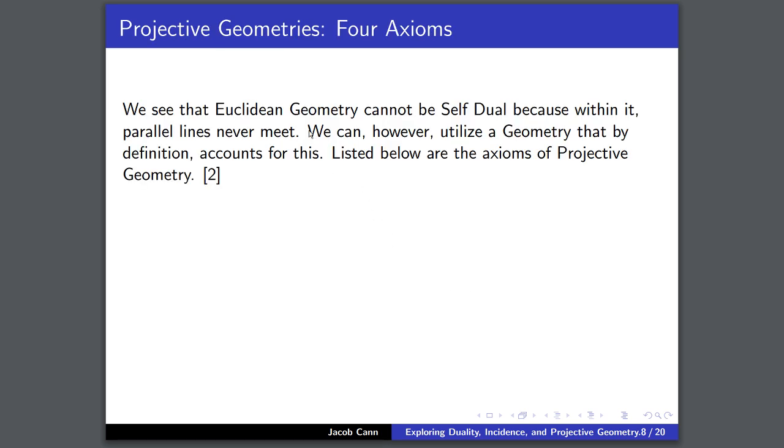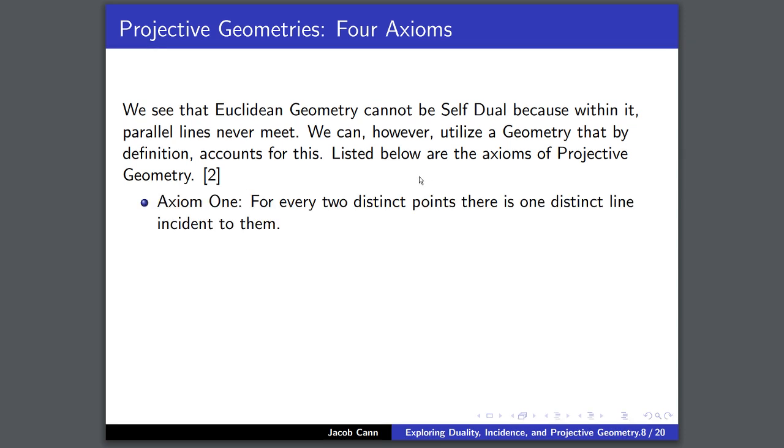So we see that Euclidean geometry cannot be self-dual because within it, parallel lines never meet. We can, however, utilize a geometry that by definition accounts for this. Listed below are the axioms of projective geometry. And before I talk about them, it's important that we use axioms and not just a broad definition,